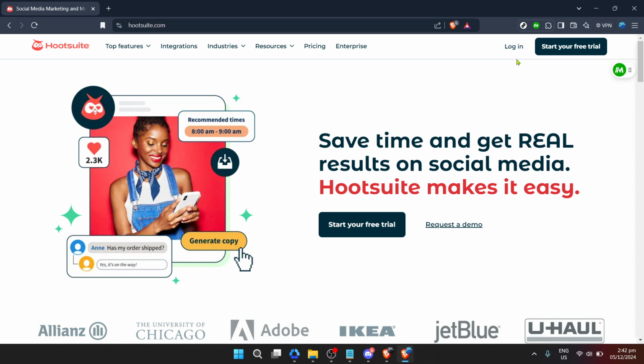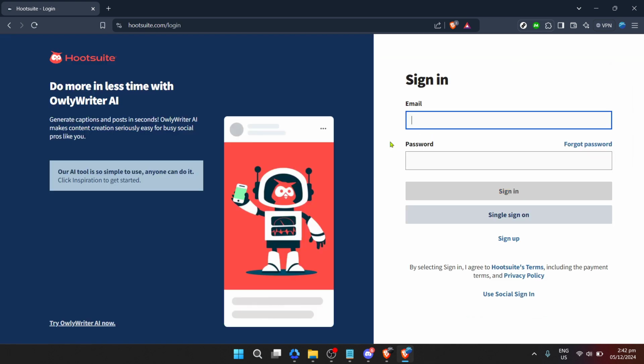Start by navigating to the Hootsuite website. It's the gateway to simplifying your social media management, offering a comprehensive overview of your social media landscape. Once the homepage greets you, it's time to access your account. Locate the login button, which usually sits at the top right corner of the page, and click on it. This small step is the first move towards bringing all your social media accounts under one roof.